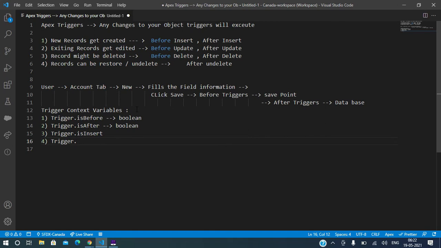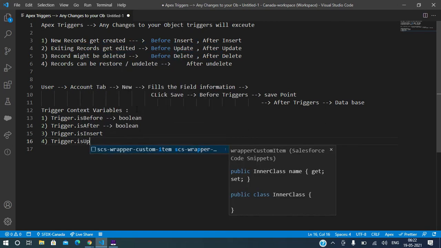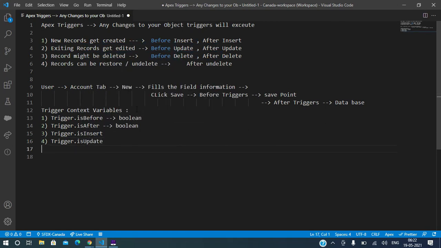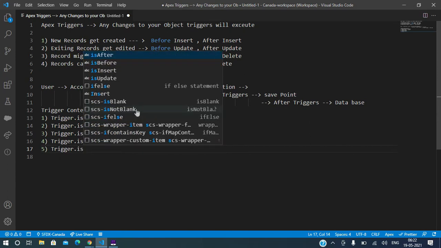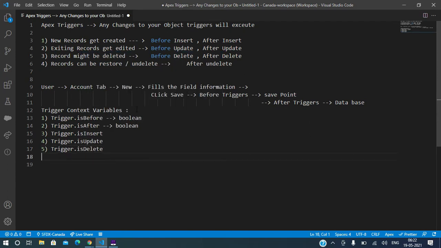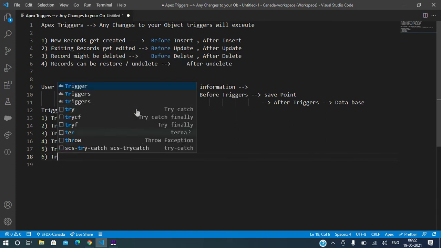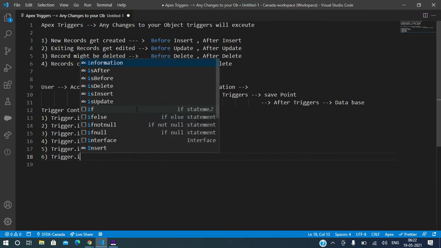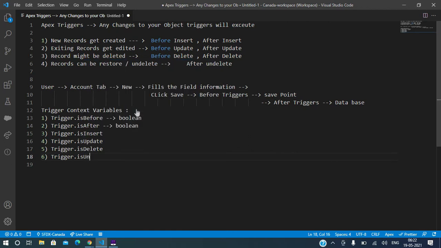Trigger.isUpdate, Trigger.isDelete, and Trigger.isUndelete. And these are to check which event the trigger is running on, right?